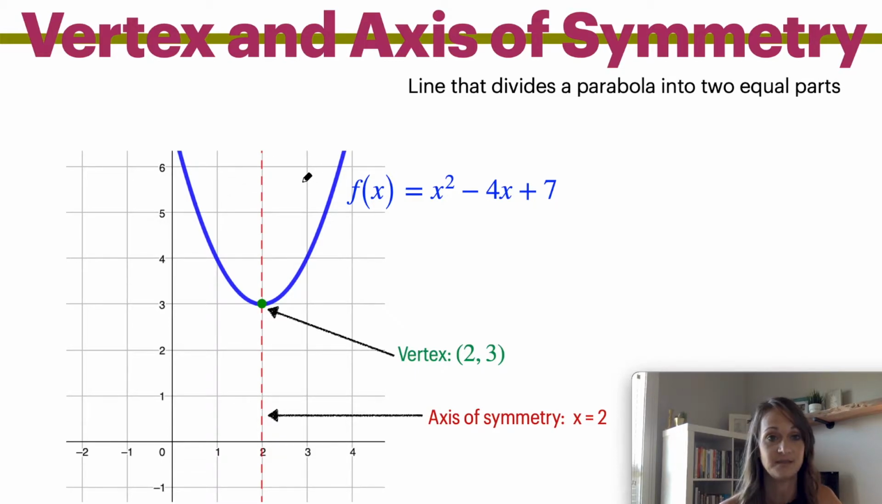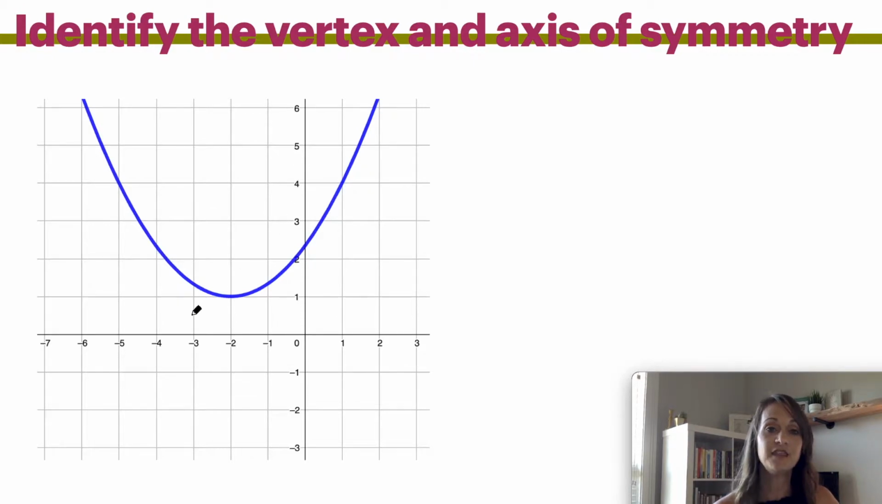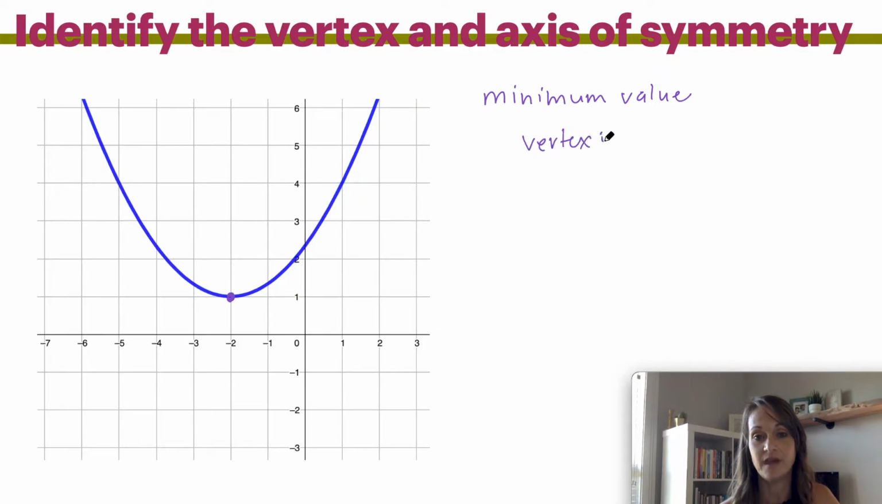So to identify the vertex and axis of symmetry of a graph, for example, in this case, you would find the lowest or the highest point. In this case, we found a minimum value. And the vertex of that minimum value is the coordinate point -2, 1, because you moved left 2 and up 1. The axis of symmetry is the vertical line